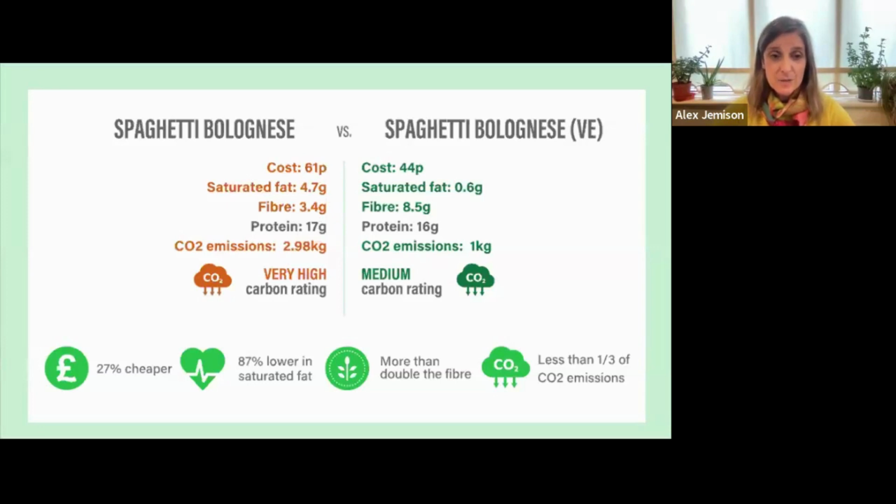It's 87% lower in saturated fat, at a time when obesity and overweight children are becoming a real concern. It has more than double the fiber for kids, as most children don't get enough fiber in their diet. And it has less than 1/3 of the carbon emissions, which is a really key objective for a lot of caterers. So we can help you meet those targets